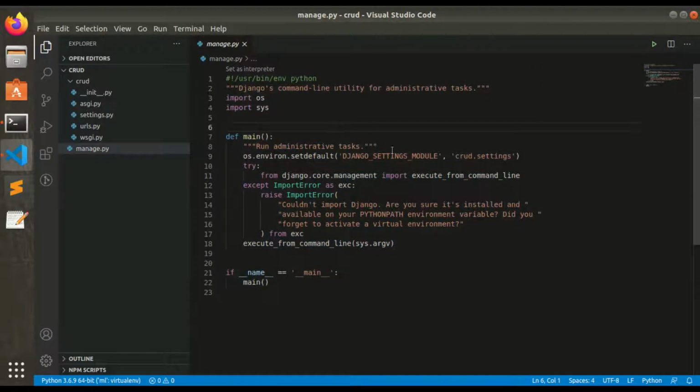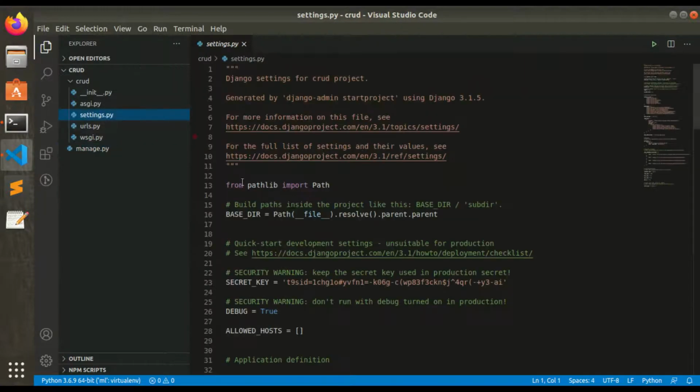It is the built-in file which comes while starting the project. Then we have settings.py, which contains the settings and configurations required for running the Django application. We need to change this file frequently as per our need.